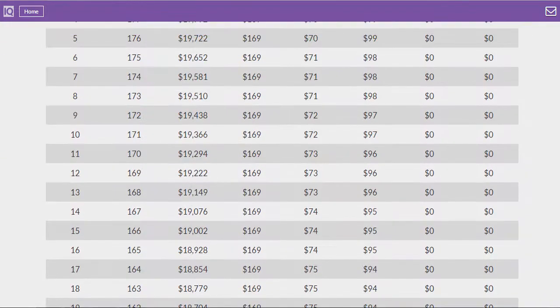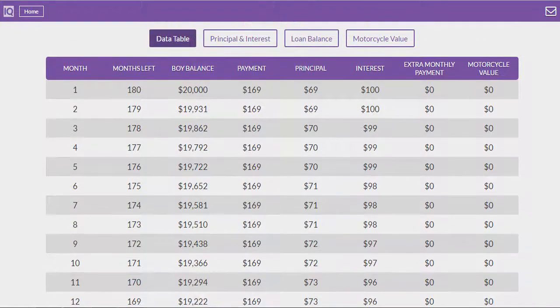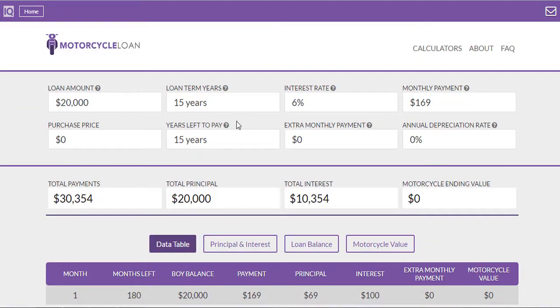The second row provides the purchase price field, which is not used to calculate loan information, but rather it's used as a starting point to calculate your motorcycle's depreciated value in the last column of the table. It partners with the annual depreciation rate field in the second row in order to calculate an annual depreciation for